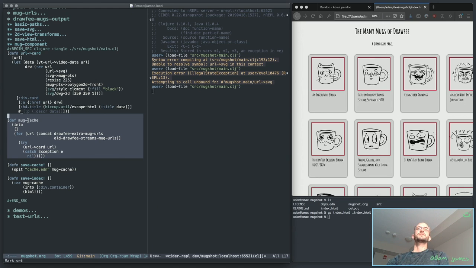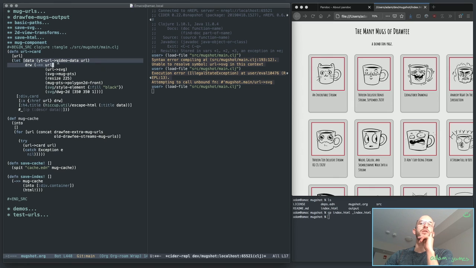So what's happening right now is it's going through a list of about 20 URLs and pulling the data for each one. That's why this is not loading or not appearing to load appropriately, because it's actually running this for loop right here. For all of the URLs, try to convert the URL into the card, which is this output here. And this here gets data by calling a YouTube download thing to get data from the site, from the URL provided. It runs that data through,